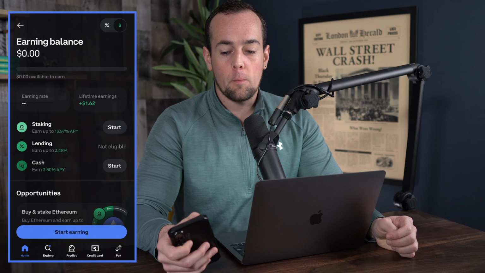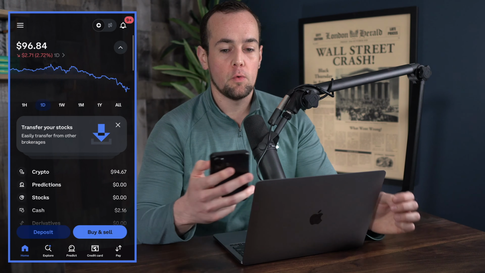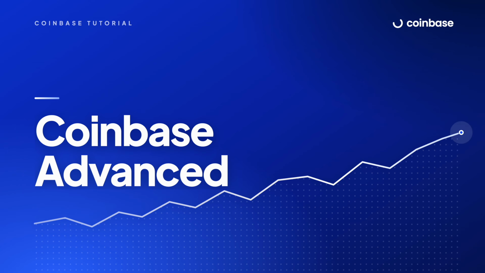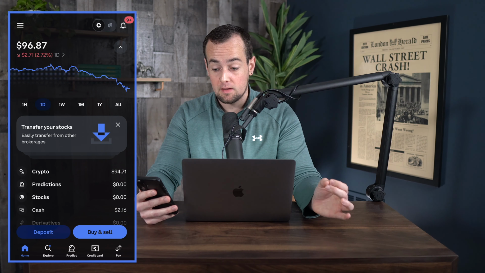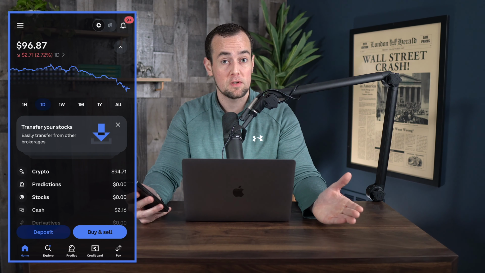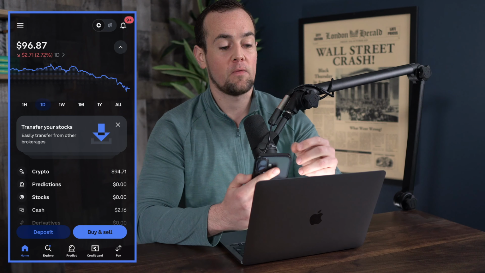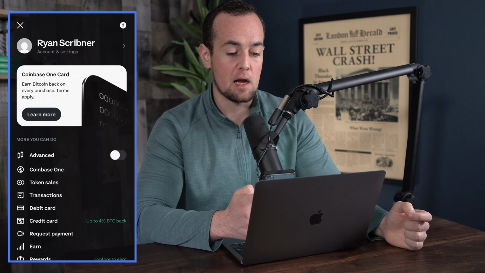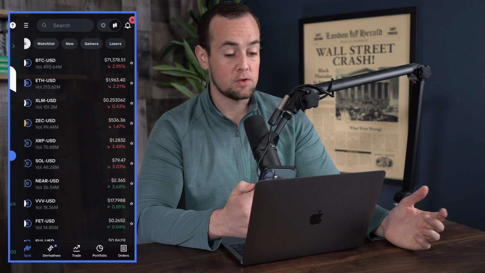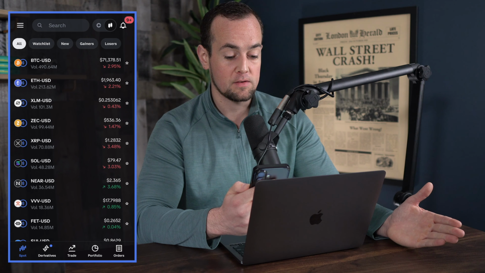We're going to go back to the home page for now, and the next thing I want to show you real quick is just how to use the advanced section of Coinbase. A lot of people don't realize this, but you actually have an advanced trading platform built right into the same exact application. So if I click on the three lines here in the top left, we can see advanced, which is toggled off. If we turn that on, it's going to bring us over to Coinbase Advanced, which is just